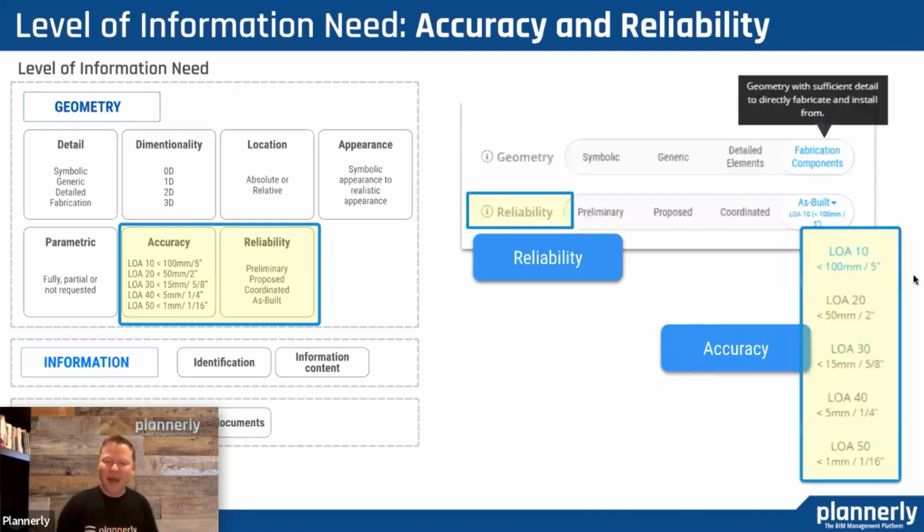But in the interests of time, what we look at is this reliability scale, so that we have the opportunity to say if it's preliminary, or whether it has been coordinated with others, there has been discussion, or it's actually an as-built. And at the as-built level, we are now able to say, this is the accuracy, whether it's measured accuracy or represented accuracy in the model, and understanding that if we define a requirement for a very, very detailed model as an as-built, at a very high level of accuracy, then it's going to take more time to create and it's going to be more costly. But if we dial that down, we can expect to pay less and get the right BIM at the right time for the right reasons.